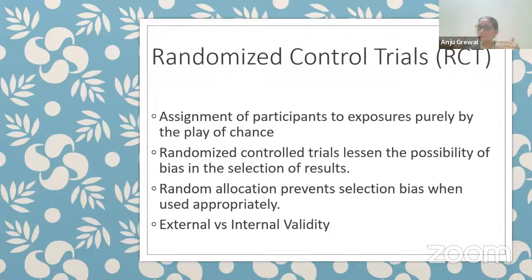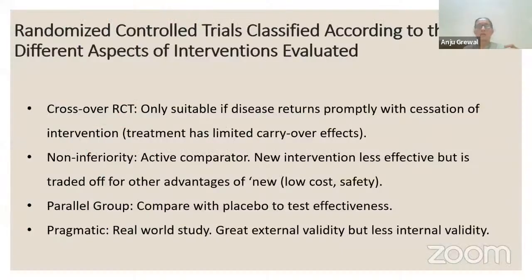So you are trying to reduce the confounders and the biases that are there in these studies. So you are trying to have assignments based on randomization, various methods of randomization that you would use for putting them into groups, and of course try to make them as valid as well. And there are multiple types of randomized control trials.